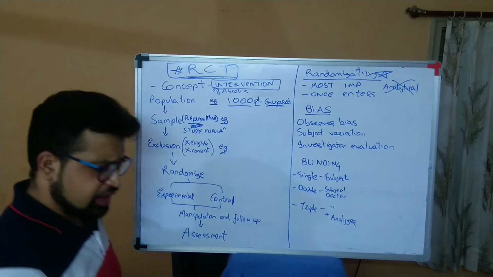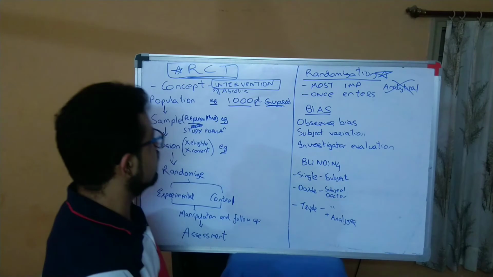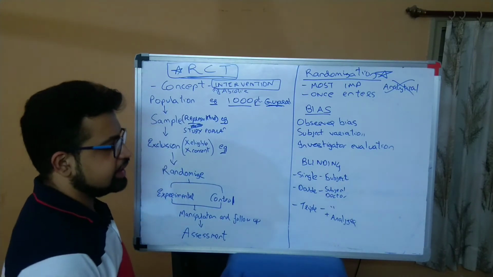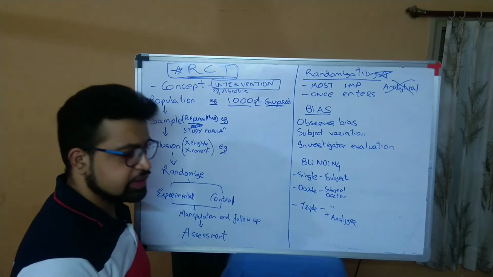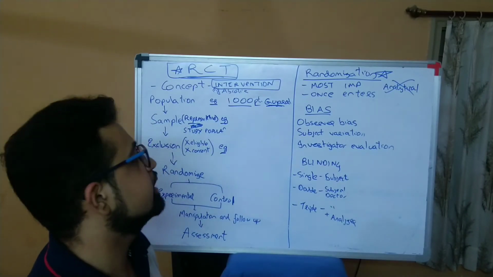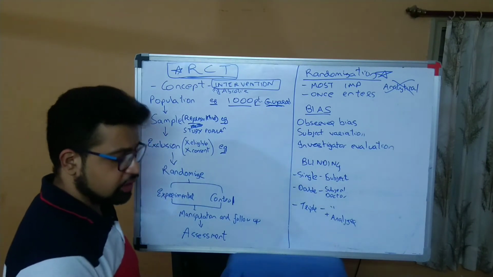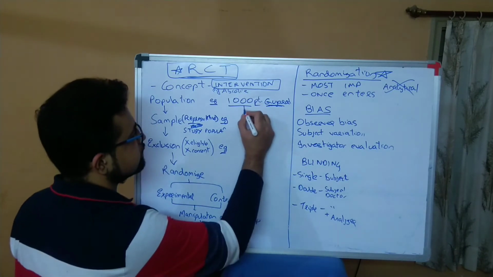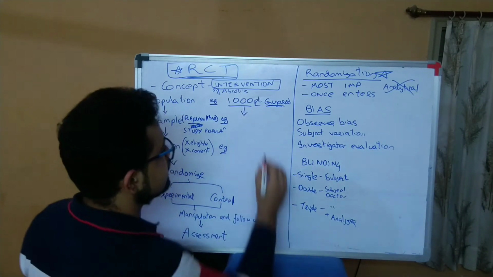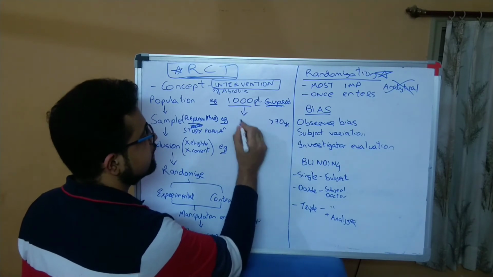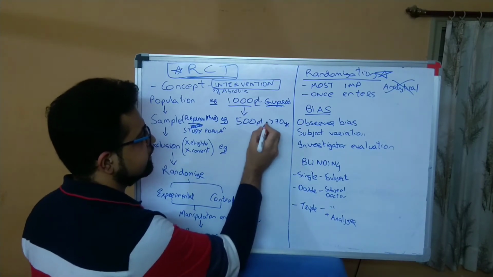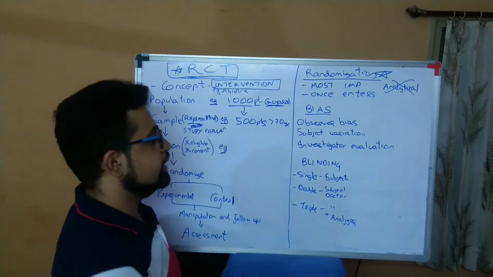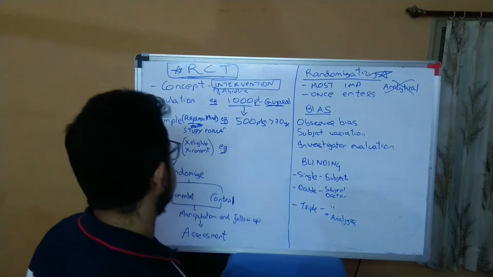Out of those 1,000 patients in Gujarat, I want to refine it more. What will I do? I'll say I want to study the effectivity of amphotericin in patients greater than 70 years only. So I want to refine my trial and analysis. Out of those 1,000, I add a criterion of patients more than 70 years. So it turns out to be, let's suppose, 500 patients now, mucormycosis patients in Gujarat who are greater than 70 years of age.